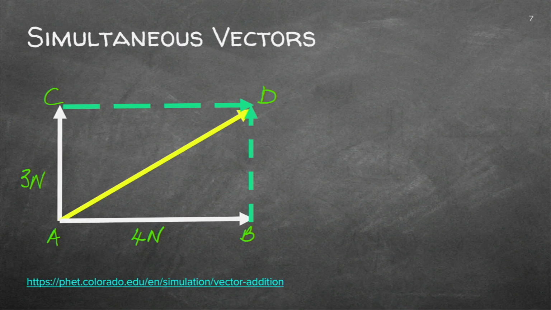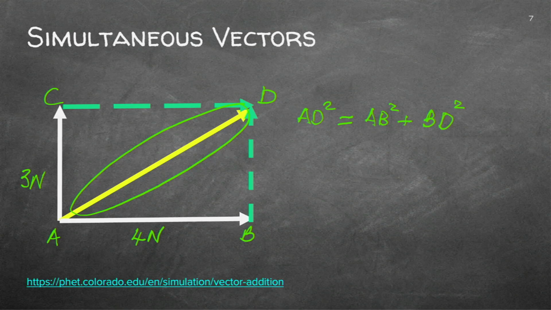The interesting thing is you can do it with a graphical representation like that. Now, if they ask you to calculate, how do I calculate the diagonal line if I've got a horizontal 4 and a vertical 3? Just think a bit. What did you do in mathematics? Pythagoras. So Pythagoras will tell me I've got AD square, that will be equal to AB square plus BD square, which will be a sum of the two sides.